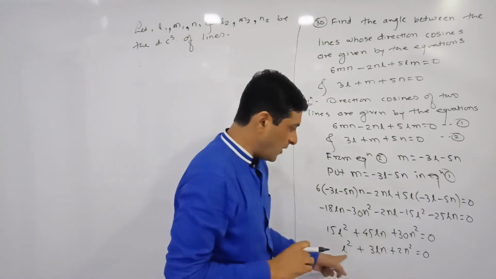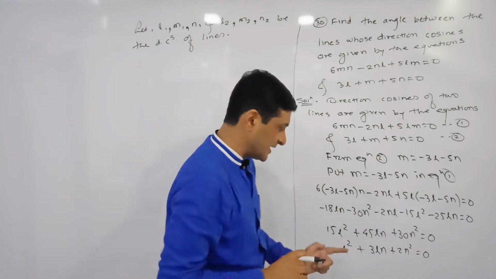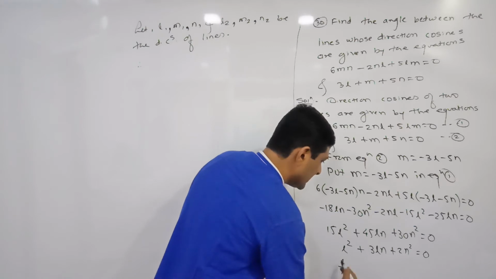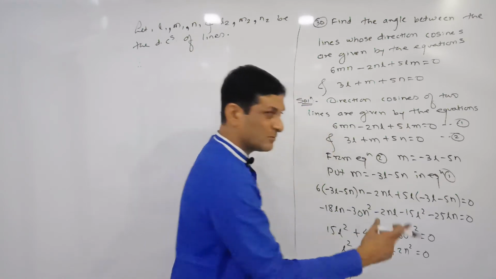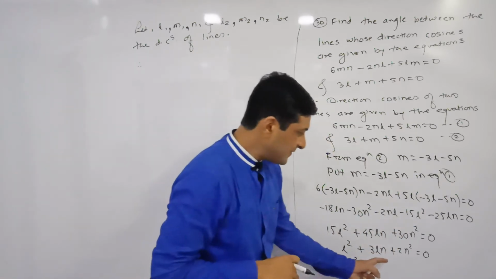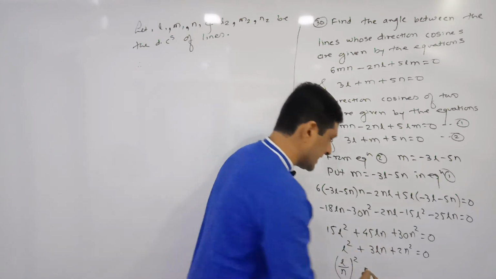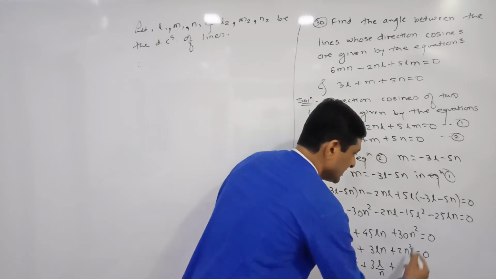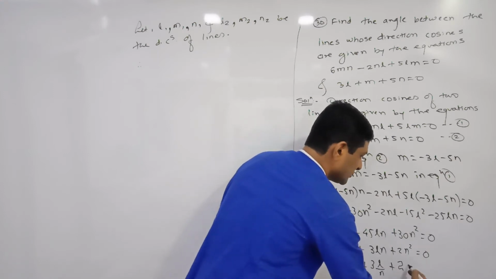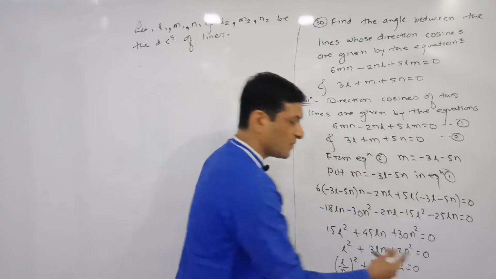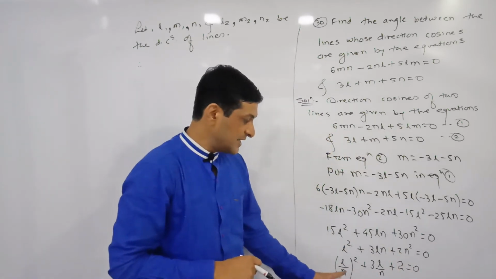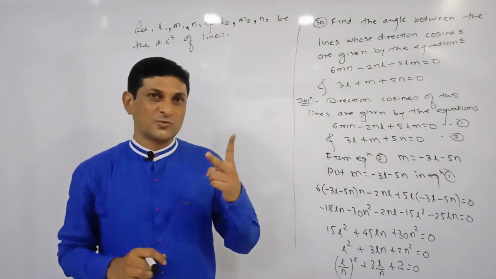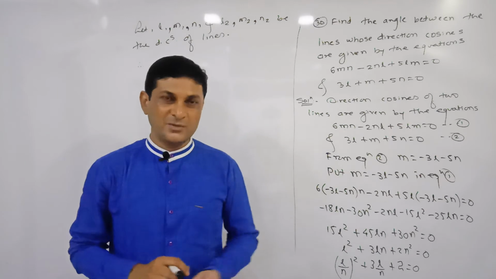So if I divide all the terms by n square, let us see what we get. Here l square upon n square will be equal to (l upon n) whole square. I am simply dividing both sides by n square. Dividing here by n square, one n gets cancelled, and the remaining term is 3 l upon n. Plus, dividing by n square, the remaining term is 2, equal to 0. Observe that it is a quadratic equation in terms of l upon n. By solving a quadratic equation, how many maximum roots will we get? 2 roots, meaning 2 solutions are there.